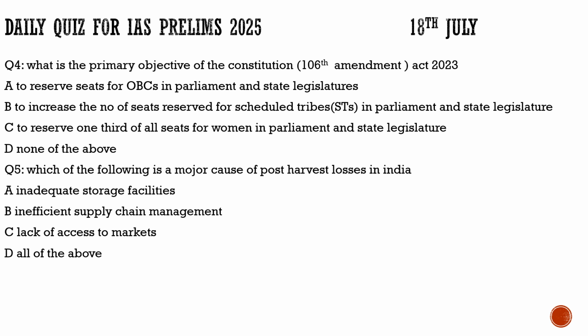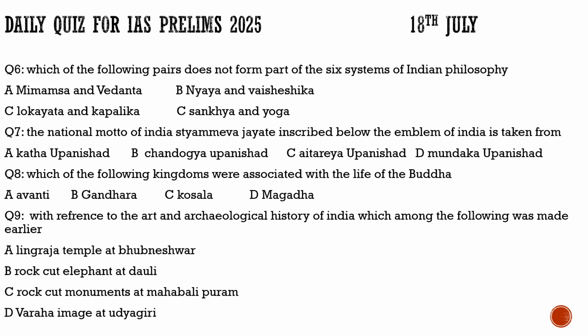Yes, because of inadequate storage facilities, there are post-harvest losses. Is it inefficient supply chain management? 100% true. Is it lack of access to markets? This is also true. So for question number 5, D is the correct option. All of the above are the major causes of post-harvest losses in India. Now,